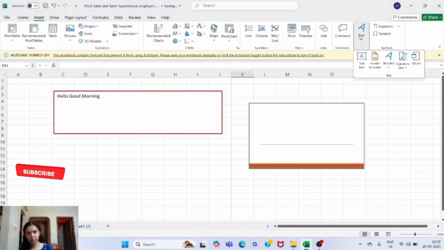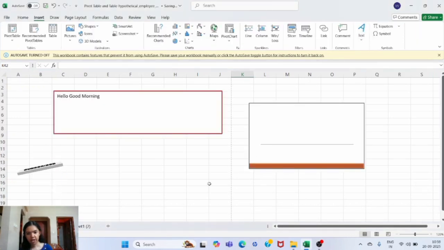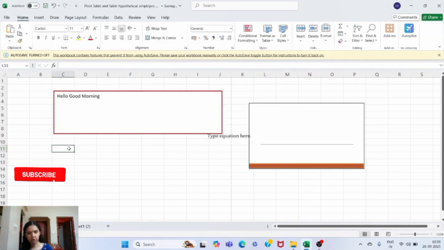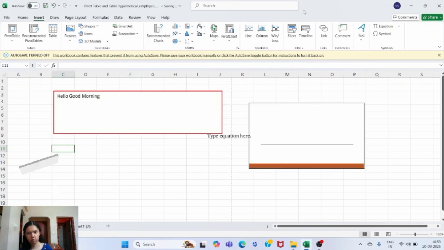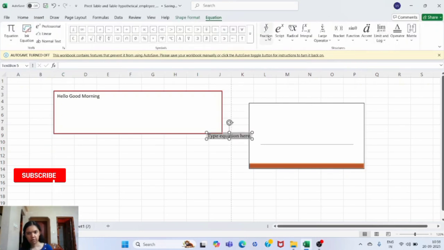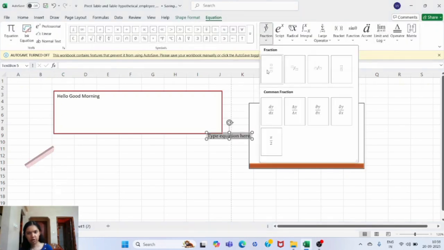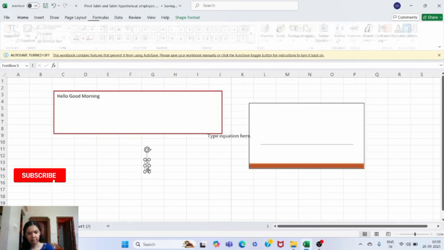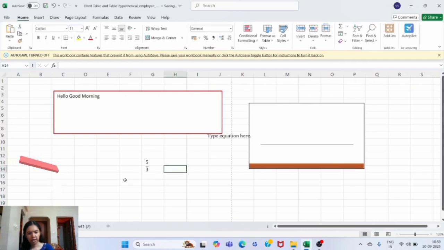So now we have seen all options under this text. Now we are just left with two options, equations. So basically equations will be used whenever you are using any mathematical formula, or suppose you are preparing any question paper for mathematics, that time you will be using this option. So suppose you want to write a fraction, just click on this and here a fraction box has got added. I'll write 5 here and I want to write 5 by 3. So you can see fraction has been added like this.